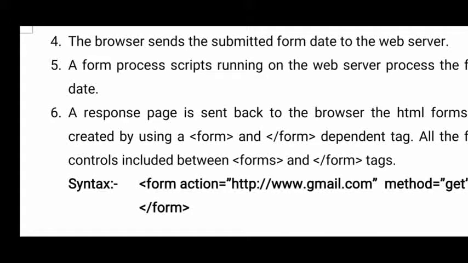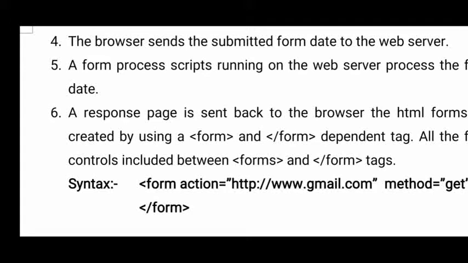Whatever rows, for example 10 rows or 20 rows, should be part of this table opening and closing. Means all the remaining tags should be between the table opening and closing. Similarly, if you want to create an HTML form, that HTML form structure starts with the form opening tag and ends with the form closing tag.